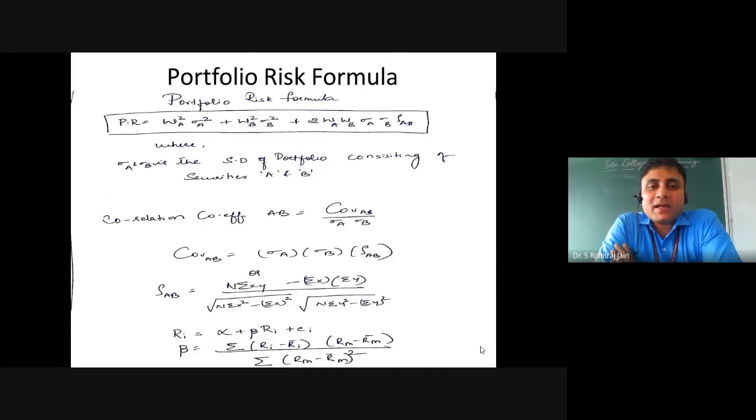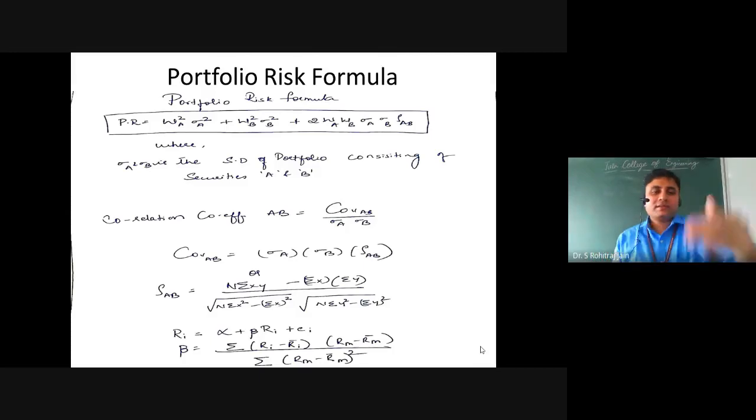square multiplied by standard deviation of security A square, plus weight of security B square multiplied by standard deviation of security B square, plus 2 into, since there are two securities, okay, 2 into weight of security A multiplied by weight of security B multiplied by standard deviation of A multiplied by standard deviation of B into rho. That symbol is called rho, or you can write RAB also, that is the correlation coefficient that exists between security A and security B. Okay,